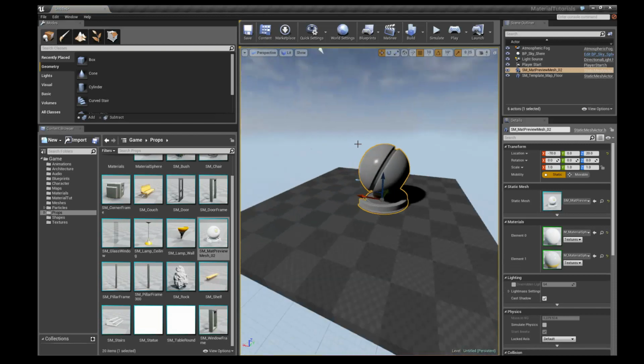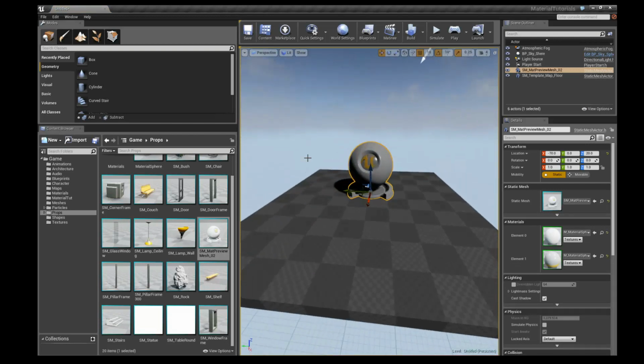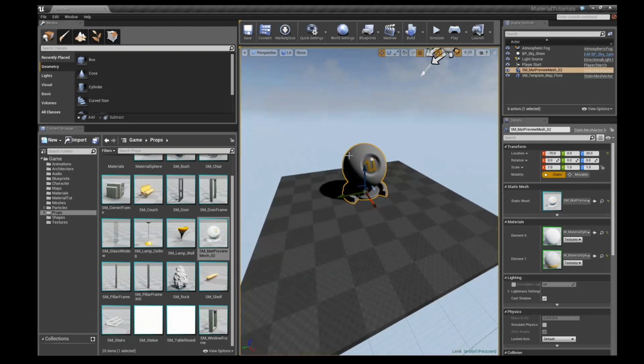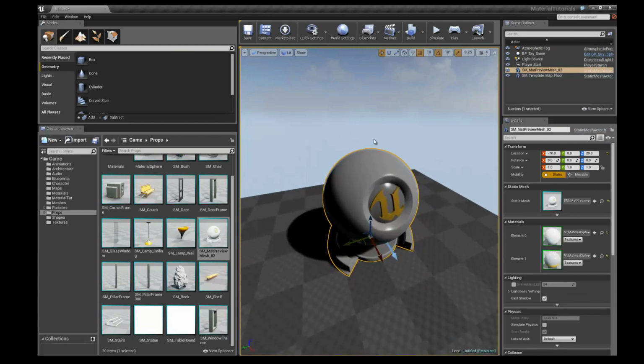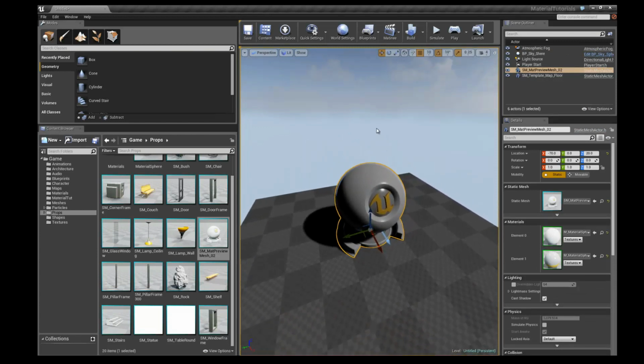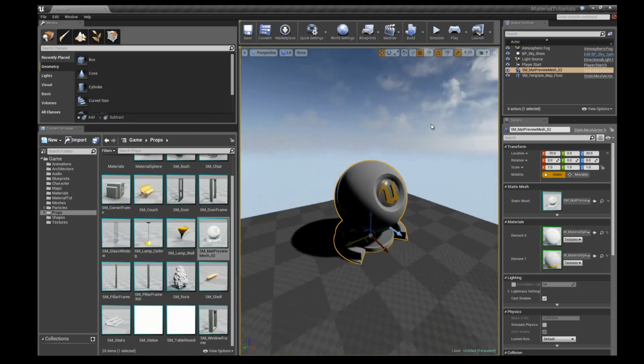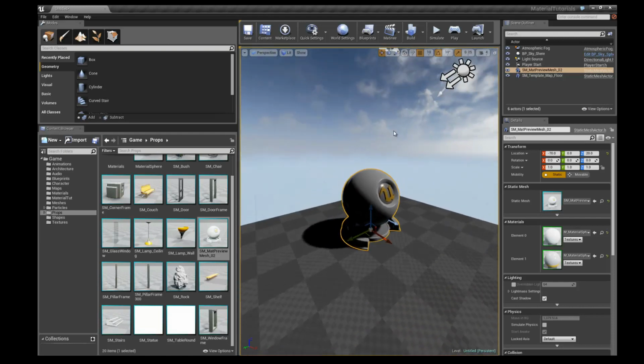Alright, and the way I'm navigating is Alt left mouse button. Oftentimes, I'm a big Maya user, so coming from there, I will find my mesh in the scene, hit F to frame up on it, and use Alt right mouse click to zoom in and out, and Alt left to pan around. Okay, so now that we have that in the scene,